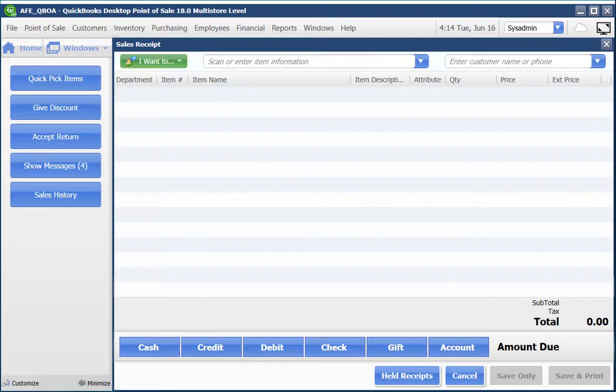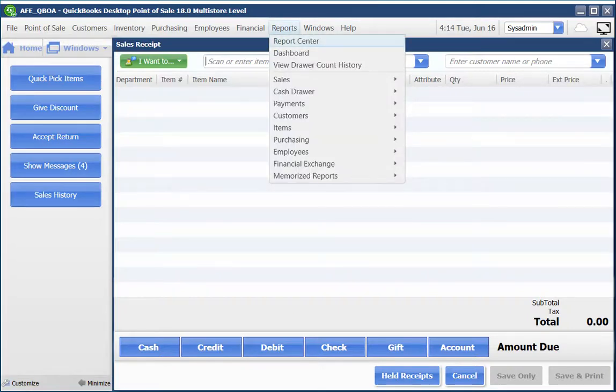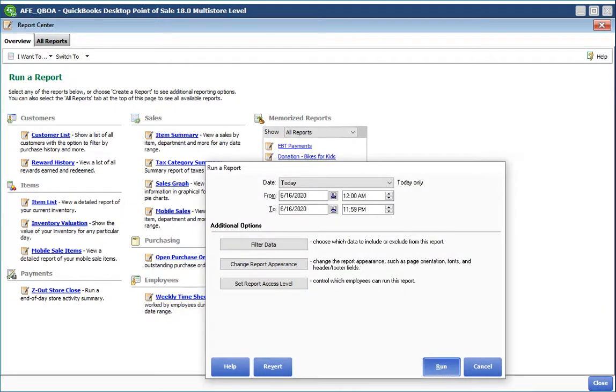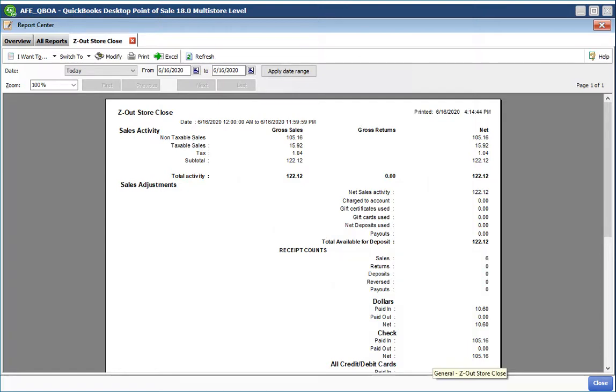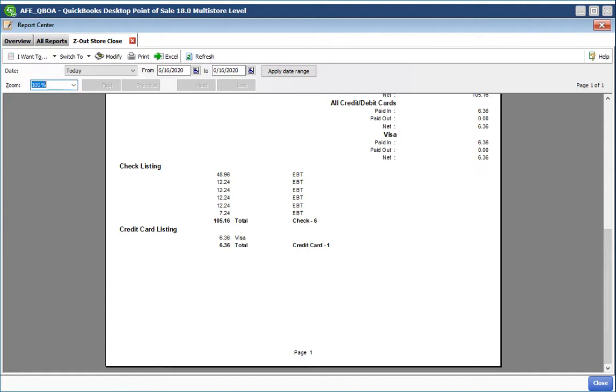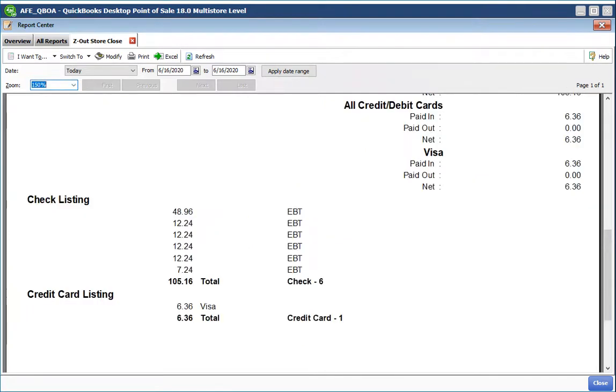Then what I'm going to suggest is that at the end of the day, for your reporting, you run your Zout store close. Let me go ahead and run that. And at the bottom, let me increase the percentage just a little bit. At the bottom, you're going to see a running total here of EBT and any other checks that you may be accepting. That way, that gives you the total that should match your EBT machine. Today's sales is